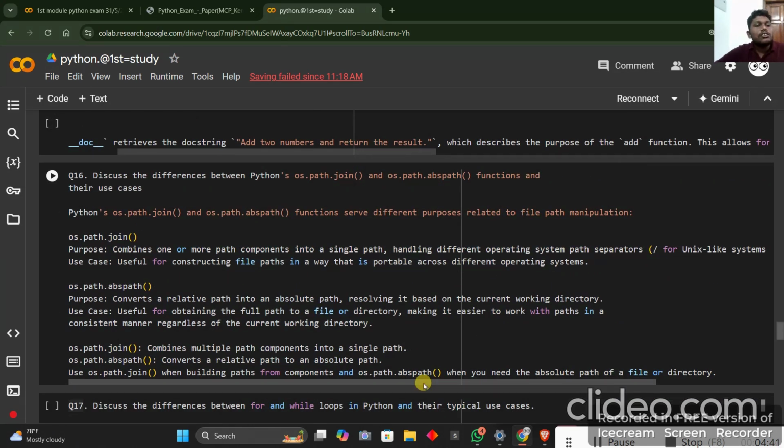Then next is the 16th question. Discuss the difference between Python os.path.join and os.path.expanduser functions and their use cases. Python os.path.join and os.path